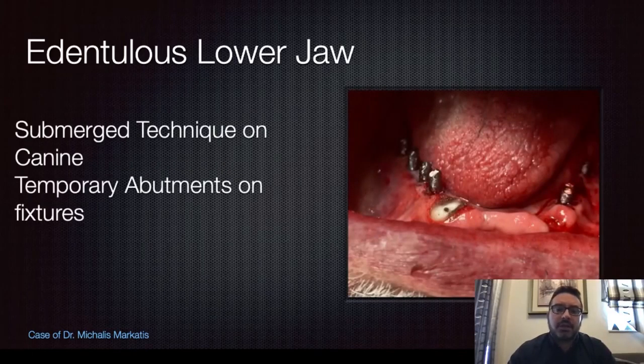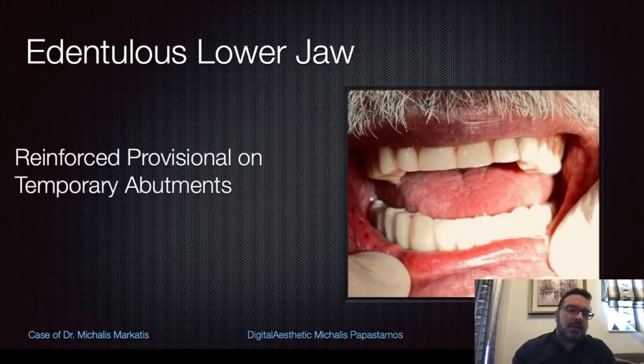And here are the provisional, the temporary abutments, already trimmed from the lab. And as you can see, we didn't extract it. The dentist decided not to extract the canine, but use something like the submerged technique to have more stability to the bone and to preserve the mesial bone of the implant that is next to the canine. And after that, we proceed to the provisionals.